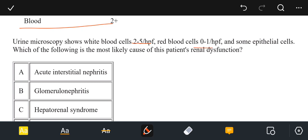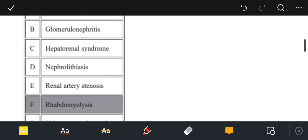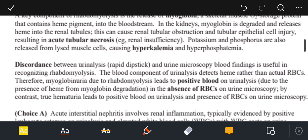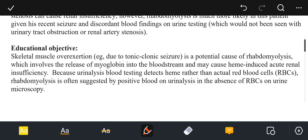Which of the following is the most likely cause of the patient's renal dysfunction? Among the given options, the answer of choice is option F, that is rhabdomyolysis. The educational objective of this question states that skeletal muscle overexertion, for example, due to tonic-clonic seizures, is